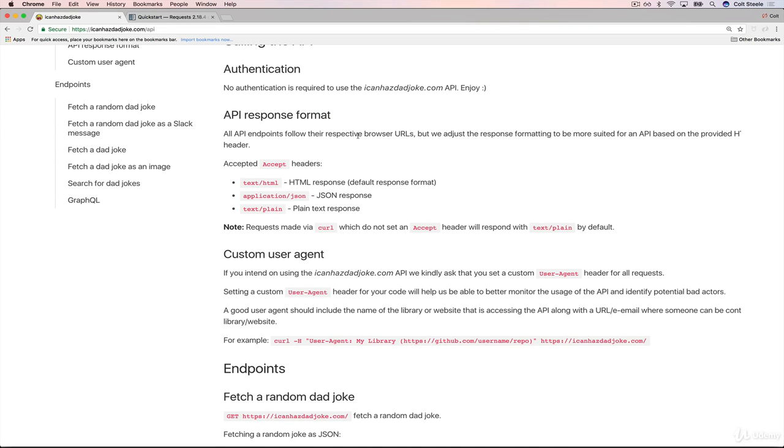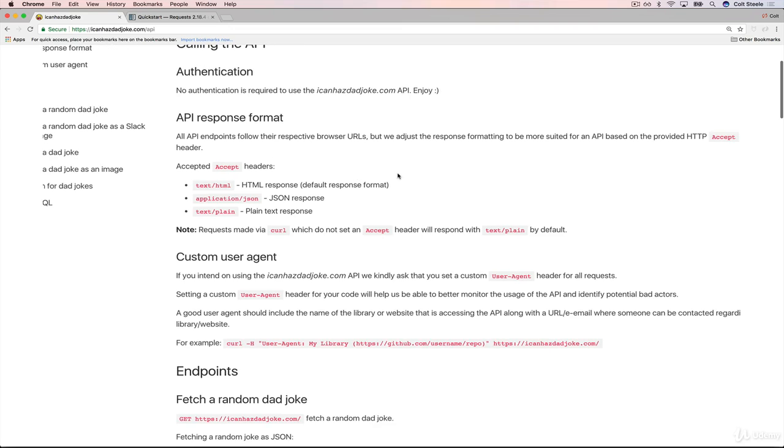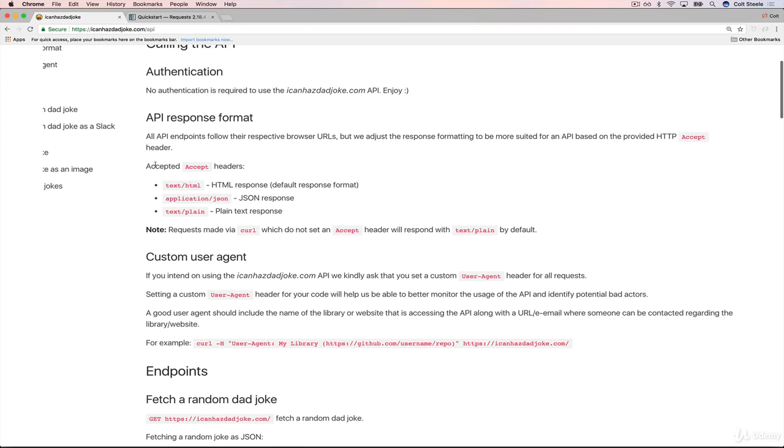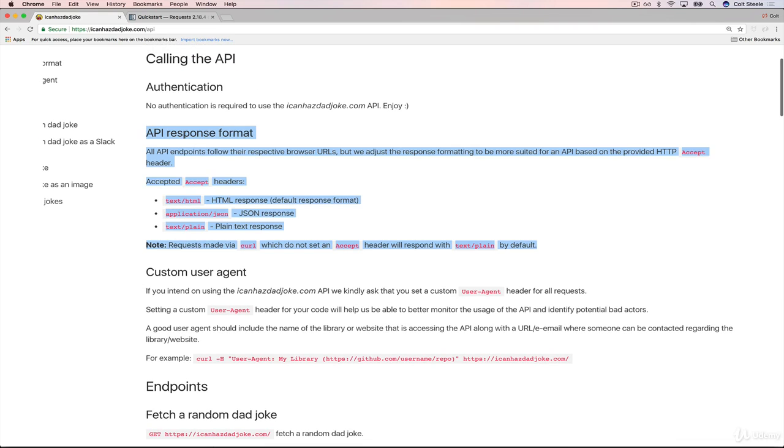All API endpoints follow their respective browser URLs, but we adjust the response formatting to be more suited for an API based on the provided header. And the header is accept. Accept headers: text/HTML, the default response format. So that's what we just got. Application/JSON, that's what we want. So this says, you can specify what you want, which we already knew because I showed you that, but just to be clear, if you didn't know that, you could find it out here.